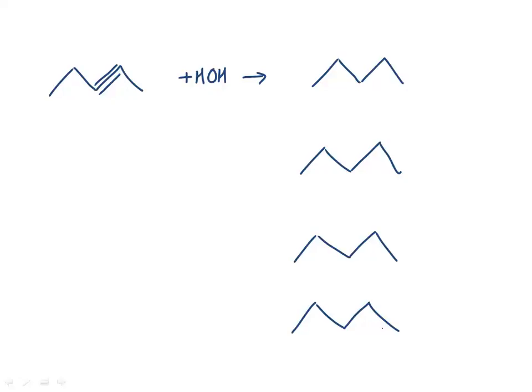Because, let's see, I add an H and an OH, and then if that first one is the same way, I can add an H and an OH. And so here I can add an OH, and I can add it the same way, H and OH, and here I can add HO and H. And then if I do them the other way, I should be able to get an H and an H and an OH and an OH, and an OH and an H, and then H's like this. So I should be able to get,